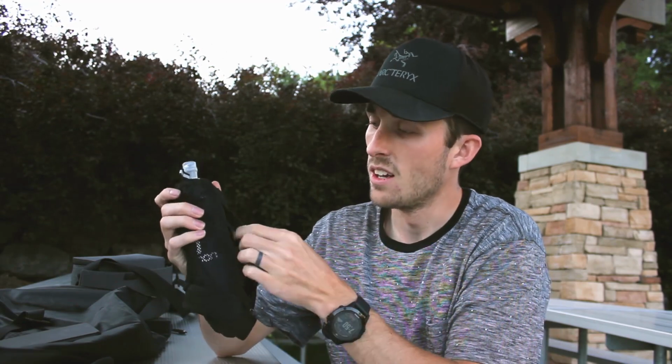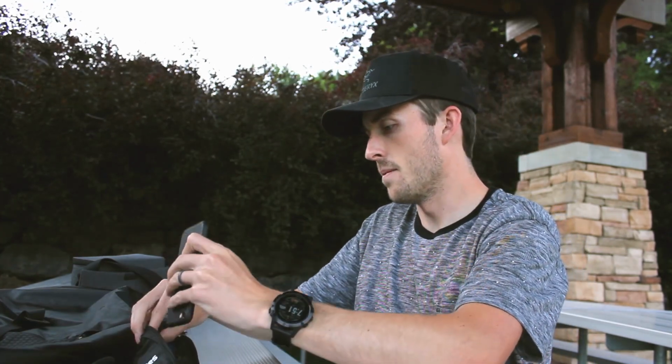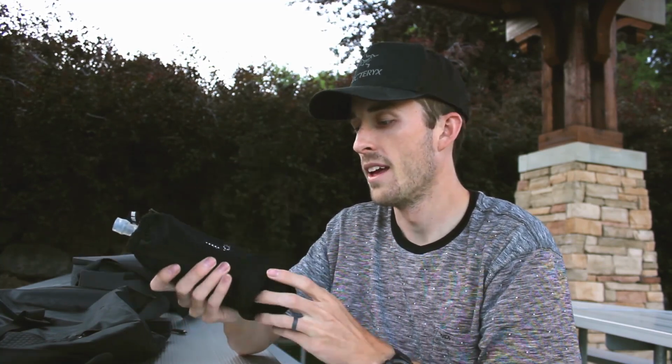Also, I did it to the side so that your phone or your shot blocks or whatever you choose to put in there won't ever move out or fall into the wrong pocket. And even if it did, it's not that big of a deal because it's still all enclosed by the zipper. There's the pouch for the flask and